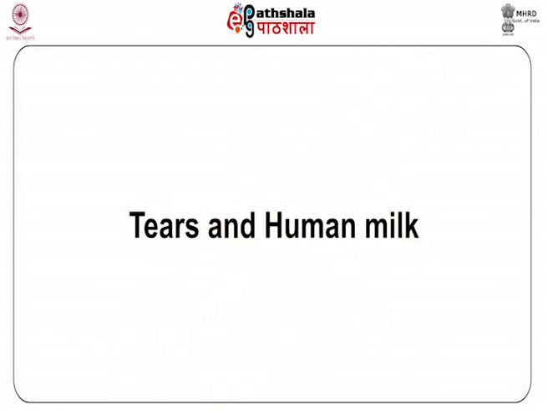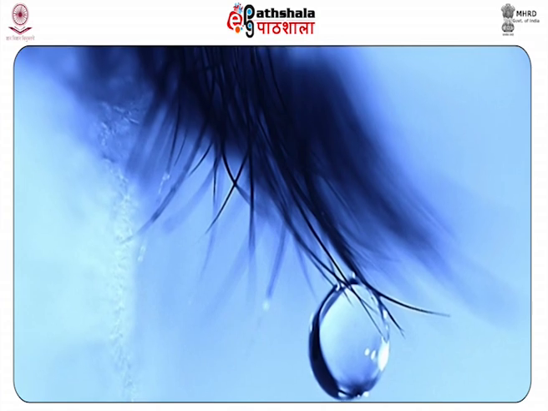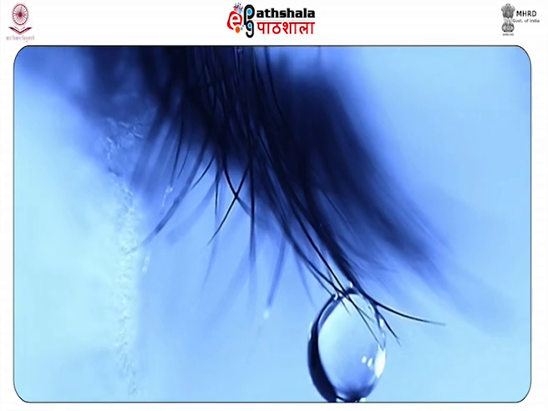Tears and human milk. Tears and human milk stains likewise permit identification. Blood grouping of the same is possible if they have come from secretors. DNA profile can be developed for individualization.